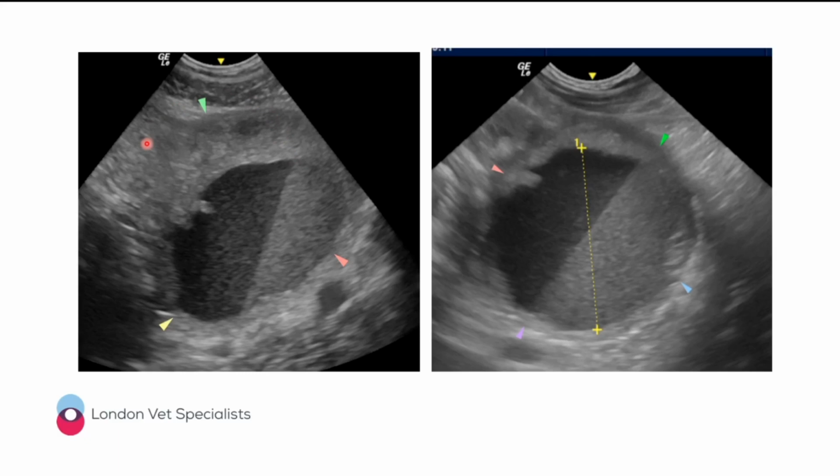And what we can see here is a prostatic lobe. And within this prostatic lobe, we've got this large, clearly marginated structure. Some of it is hypoechoic, and some of it is quite echogenic. And if we look at a short axis view of the same structure, we can see that in the non-dependent part of the structure, we've got this more hypoechoic fluid, and in the dependent part of the structure, we've got